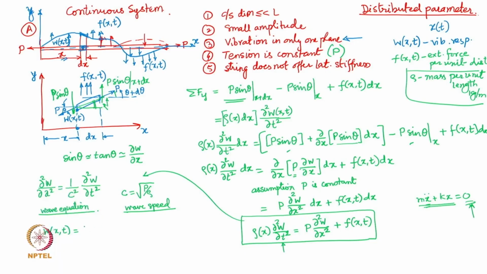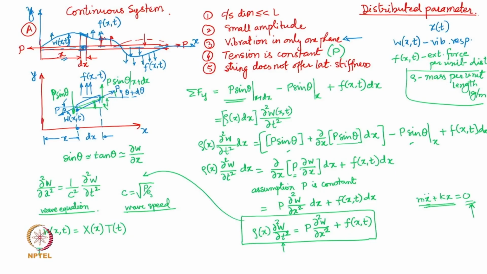So I am going to write w(x,t) as a product of a function only in x and a function only in time. This is an assumed solution for this wave equation, and if I substitute it back into the original equation,